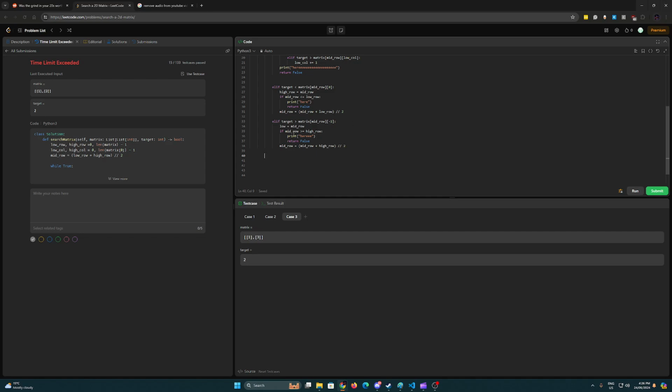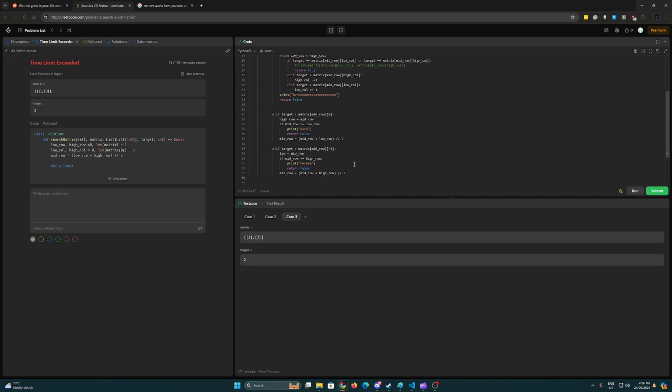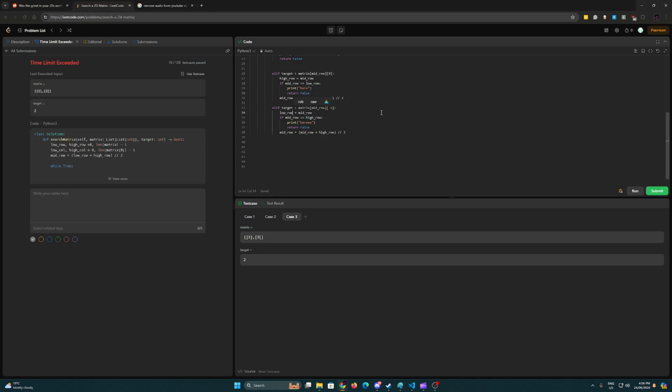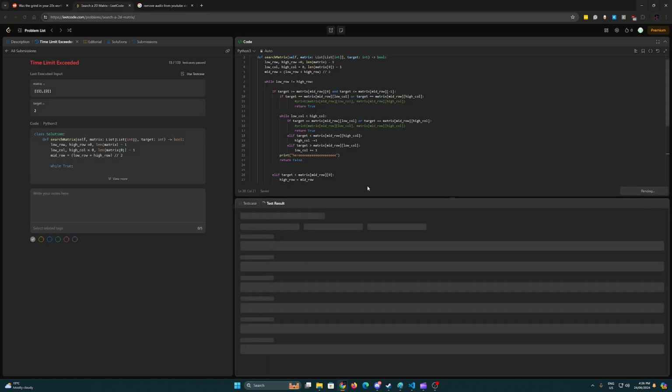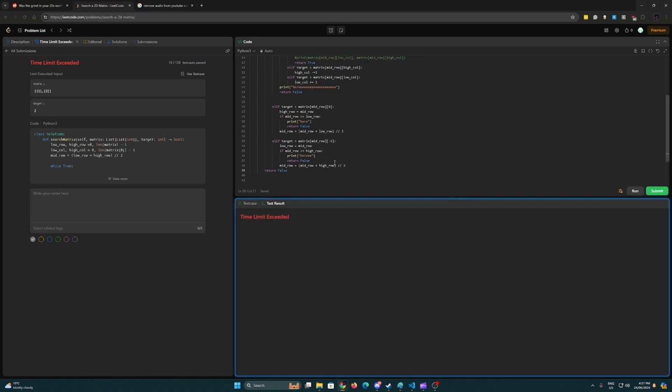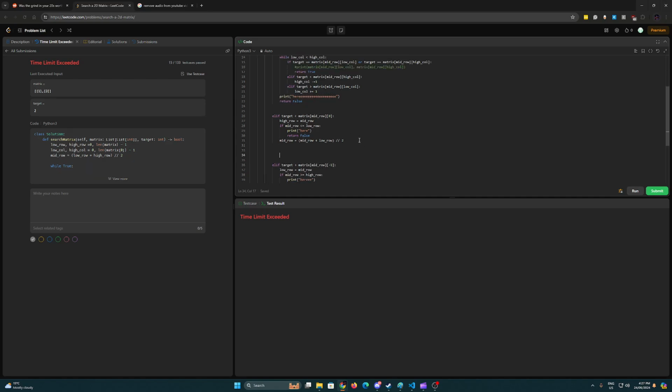Maybe I need an if low row equals mid row, like at the bottom here. Maybe an if mid row equals